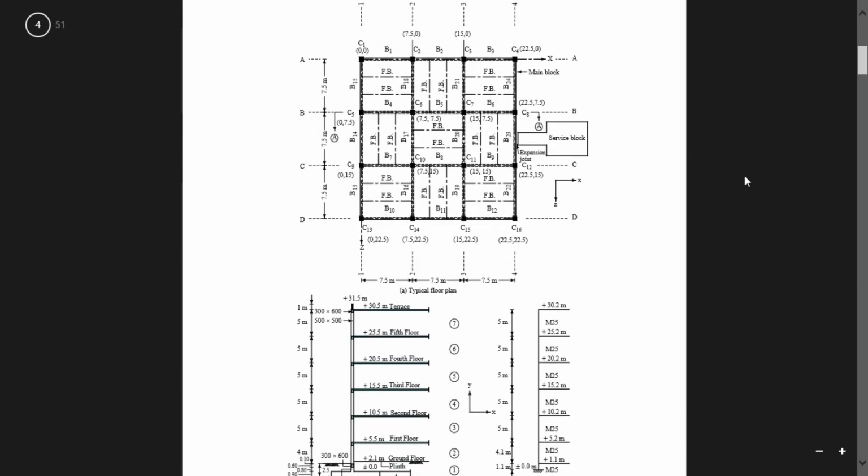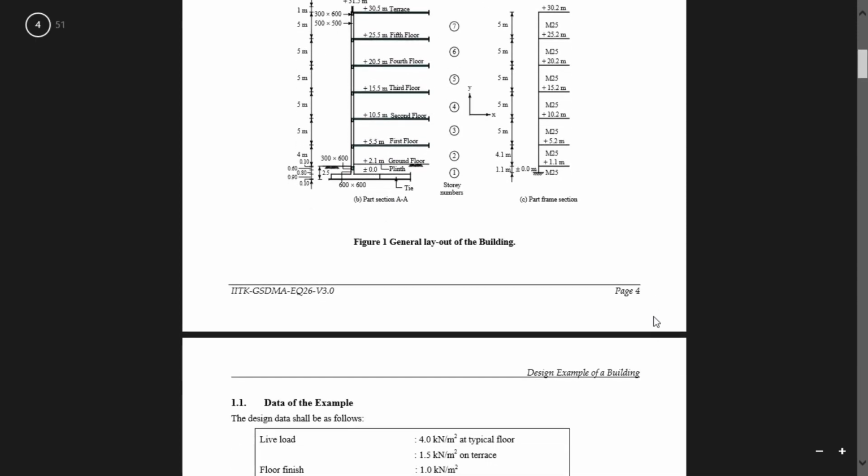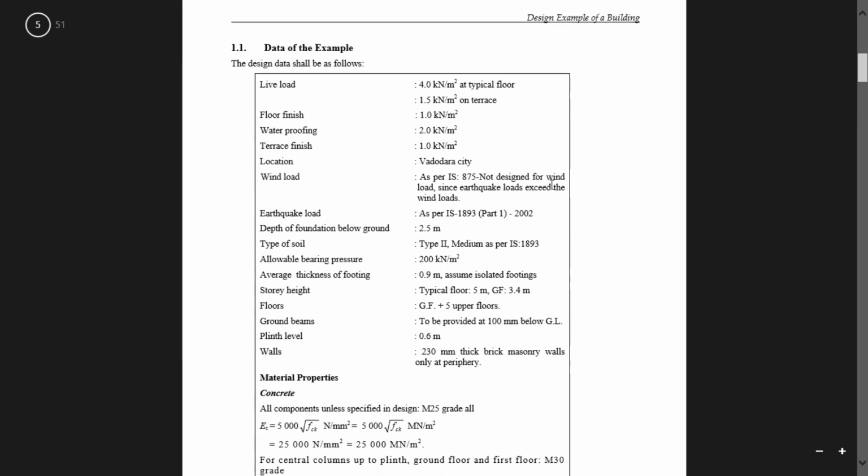And here the building plan is here. This is the typical floor plan. This one is typical floor plan, and this one is part section A. This is the section and this is the frame section. Here all the dimension given in frame section is in beam to beam distance of this beam, that is the ground floor beam distance to the plinth beam distance, same to first floor center line beam distance. So all the plan is in center to center distance.